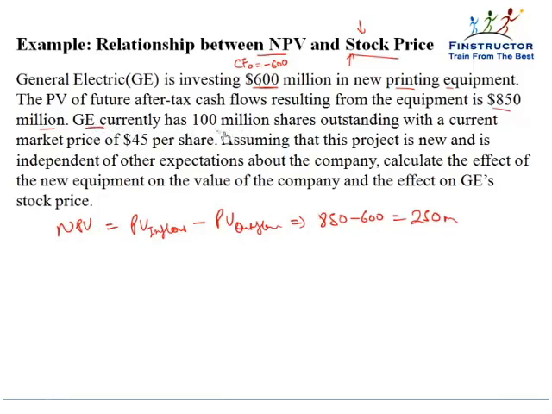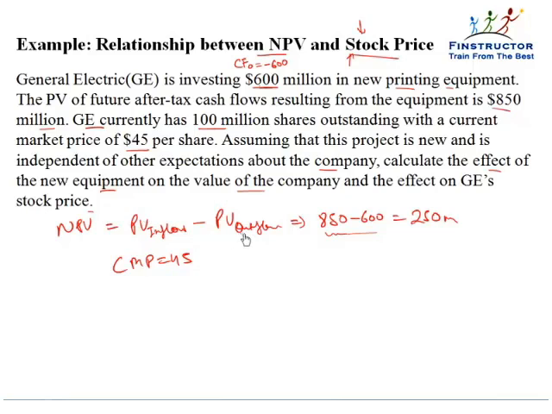Now GE currently has 100 million shares outstanding with a CMP or current market price of $45 per share. Assuming that this project is new and is independent of other expectations about the company, the market hasn't discounted this new information and this new value in any format up till now. So when this new project is disclosed to the public, calculate the effect of the new equipment on the value of the company and the effect on GE's stock price,